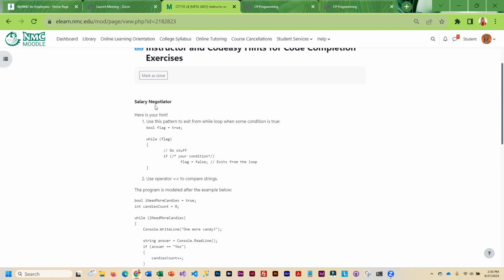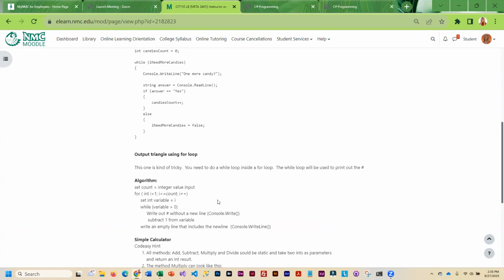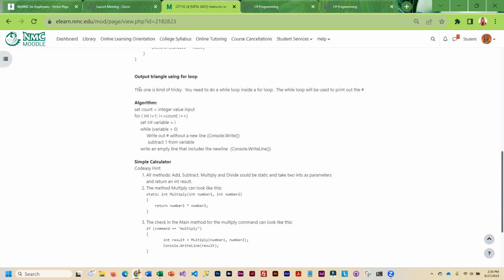So for salary negotiator, you can read through the hints here. I even gave you a little example that the program is modeled after. So the program you need to create in Code Easy is very similar to this example. And then you can see for output triangle using for loop, I'm actually giving you an algorithm.